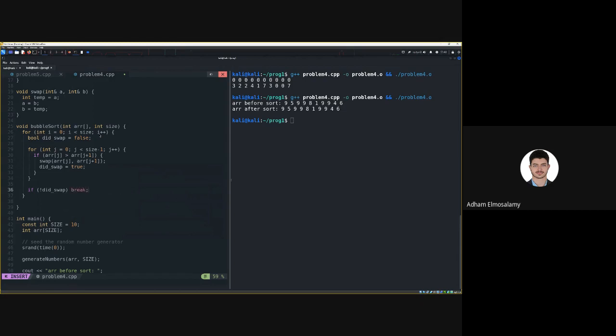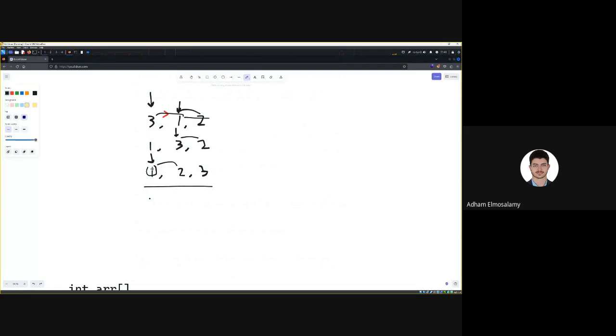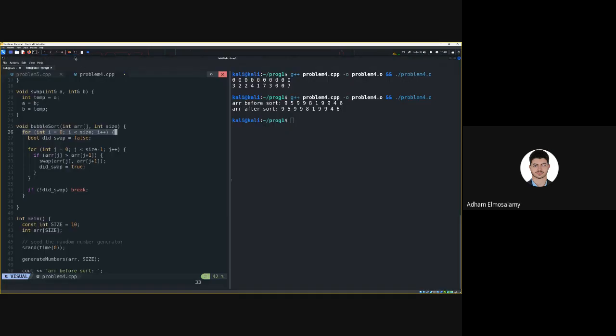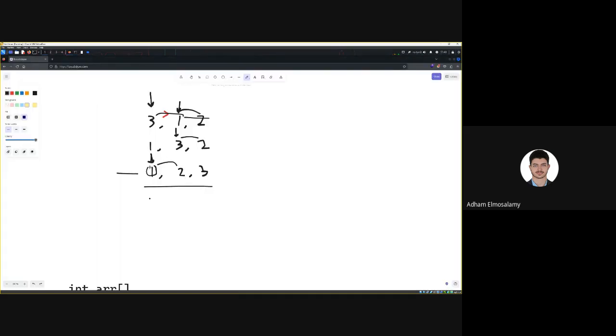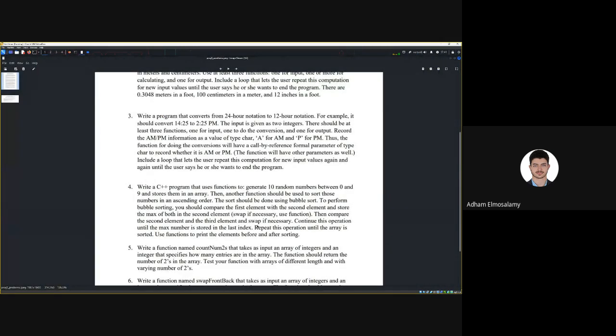So when I end, like stop the outer loop if we did not swap, because if we reached a point like here, 1 2 3, now this is the inner loop, the one with the j, and if we're trying to check and there's no swaps here, that means the whole thing is sorted. And I think it should continue this operation until,